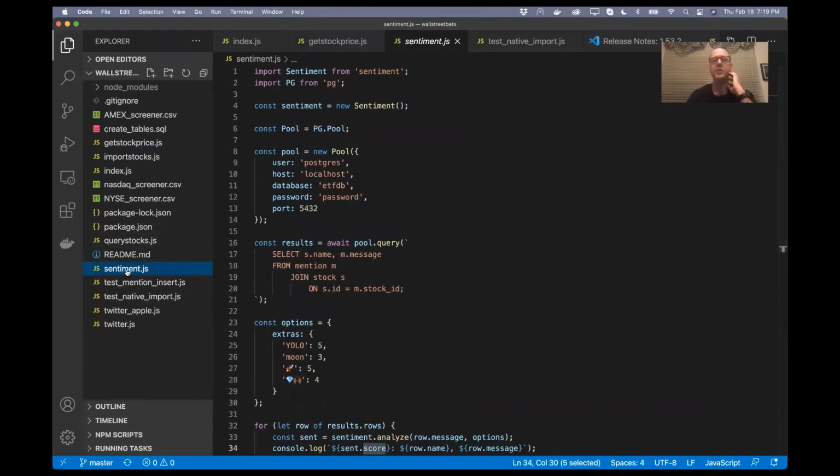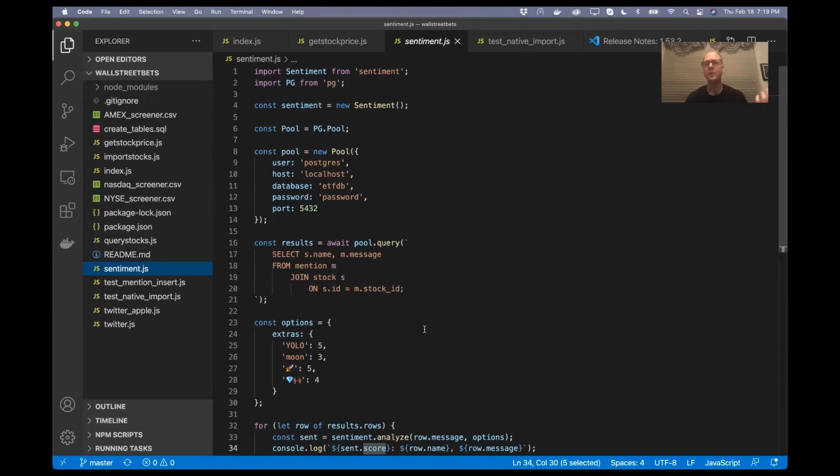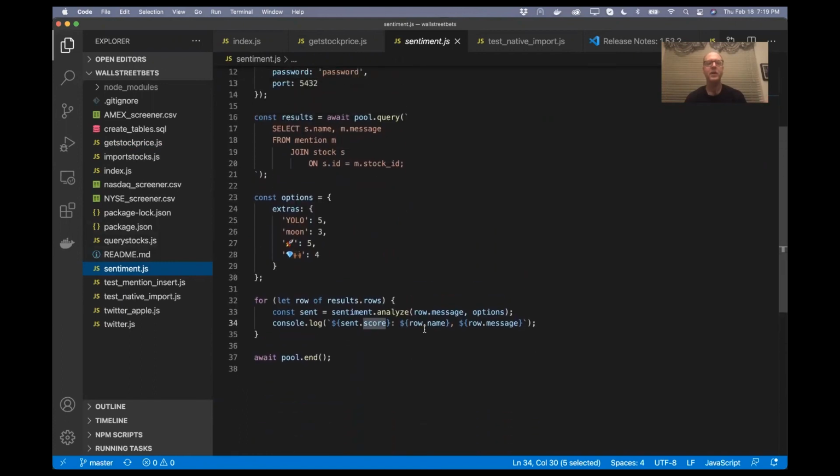One last thing I was going to show. Something else we can do is a sentiment analysis of what people are talking about with these stocks. There's a library on NPM called Sentiment. What I'm doing here is telling it to analyze the messages being output from my database, and it's going to give it a positive or negative ranking based off of the sentiment. If people are saying something really positive, that might be something we're interested in investing in. If people are saying something negative, we might be interested in selling.